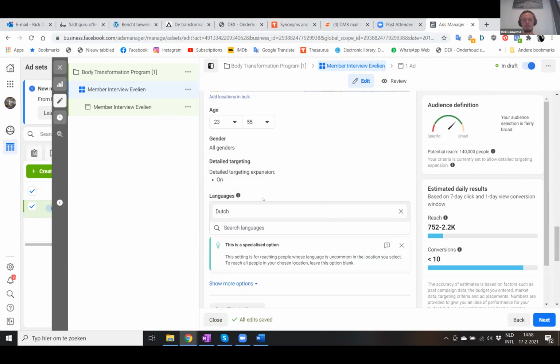Make sense? If you want to have an ad in Dutch, then a landing page in Dutch, and the rest of the funnel in Dutch, that's what you would set up here. Then if you click on show more options,